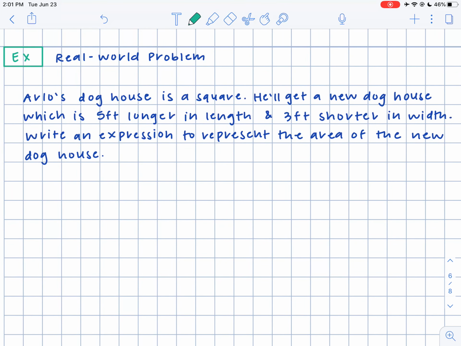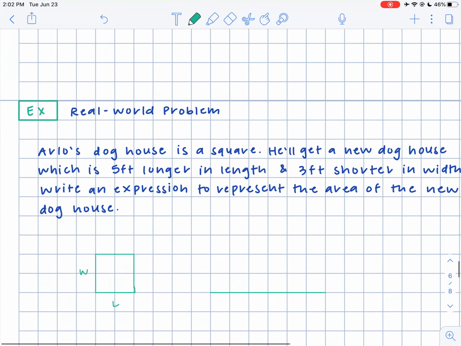Okay, Arlo's doghouse is a square, so that means let's just start drawing out the problem as we read it, right? Otherwise we'll get overwhelmed. So his doghouse is a square, so that means the length is the same size as the width, okay? He will get a new doghouse, which is 5 feet longer in length and 3 feet shorter in width. So for now, let's say this is width and this is length. So if his new doghouse is longer in length, again it's by 5,